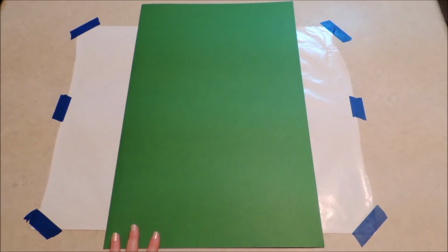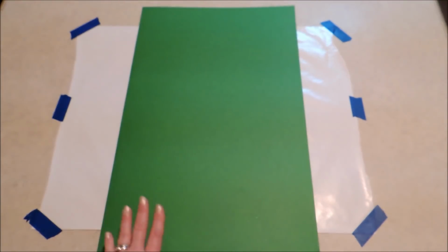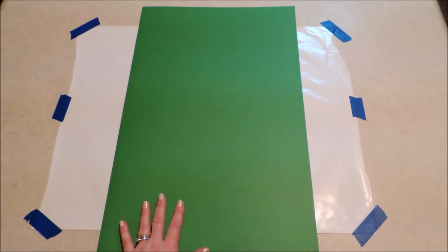A giant Christmas card would be great for a whole group of grandkids, maybe to give to their grandparents at Christmas time, or a class to give to their teacher, a Sunday school class for their pastor or their Sunday school teacher. Anywhere you're going to be given from a group, I think this is going to be a lot